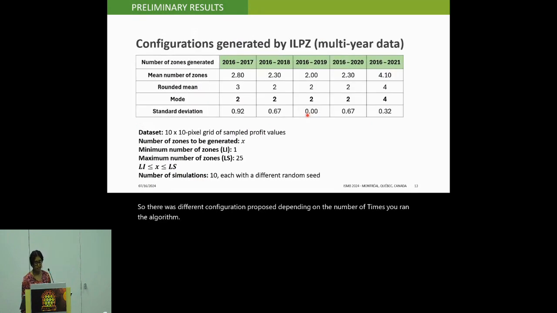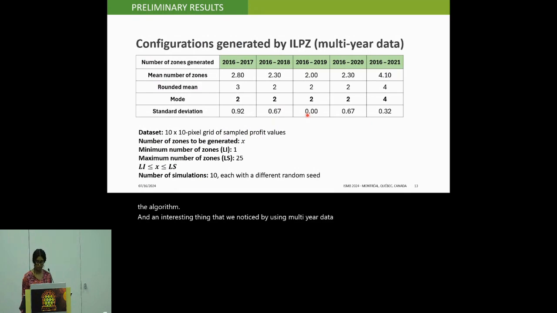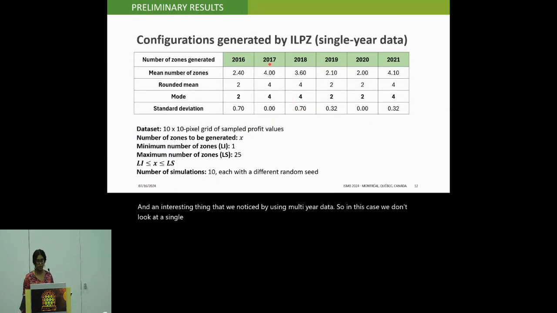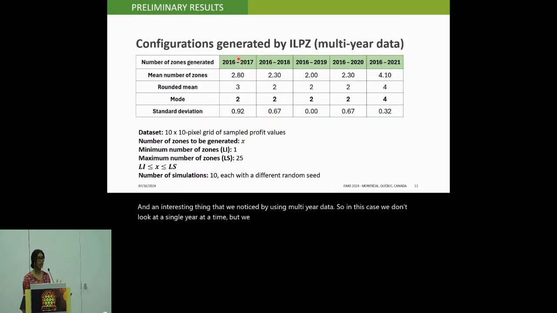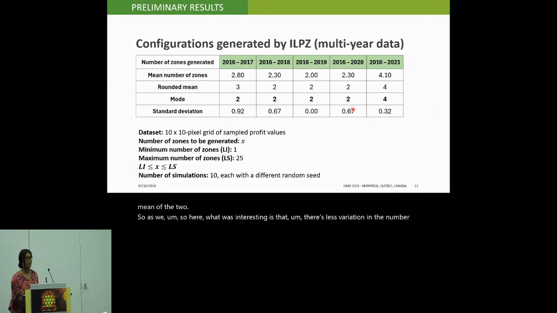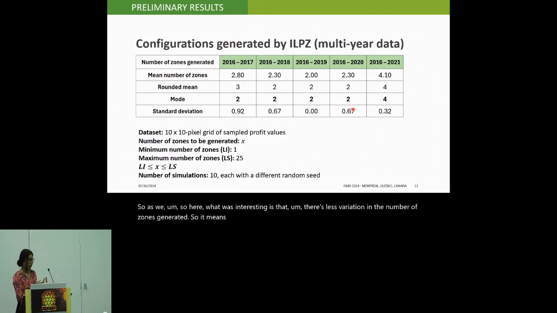And an interesting thing that we noticed by using multi-year data, so in this case, we don't look at a single year at a time, but we actually combine multiple years together and take the mean of the two. Here, what was interesting is that there's less variation in the number of zones generated. So it means that as you look at more and more data, in a sense,